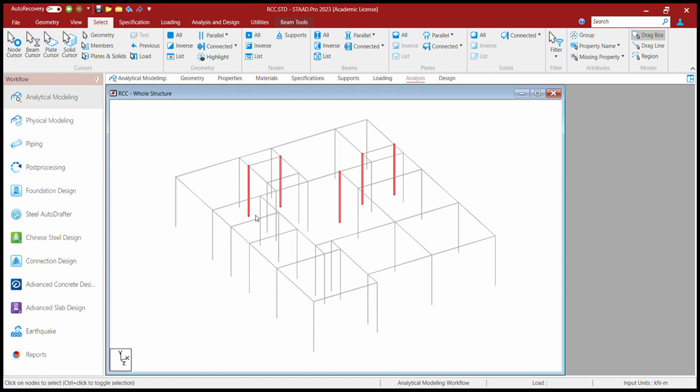Line wise go, these two are done, these two. Next here, this column, this one, this one, and then these two. Next it is